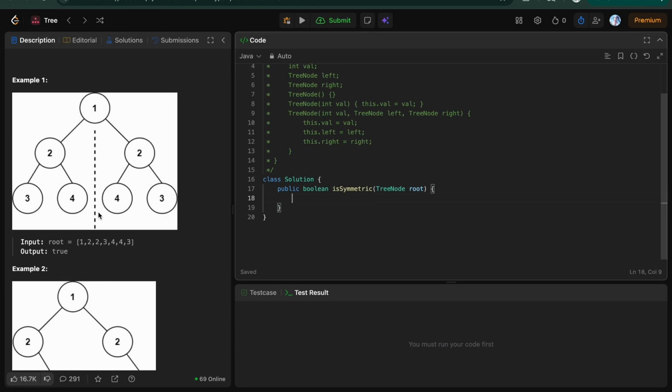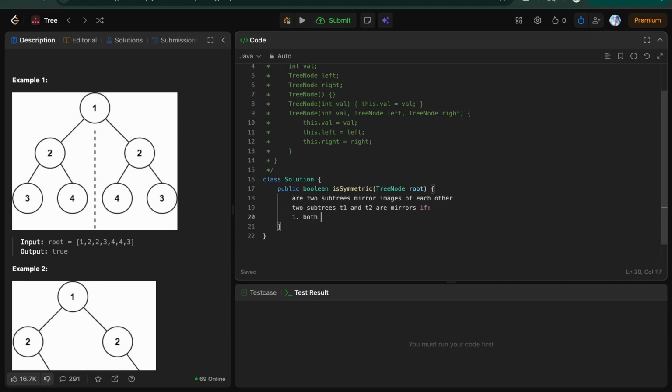So what we have to think is, are two subtrees mirror images of each other? Okay, so we want to look at different conditions. We have two subtrees, let's call them T1 and T2, and they are mirrored if